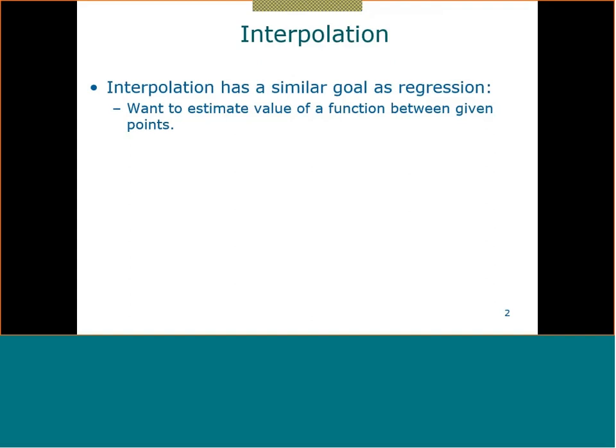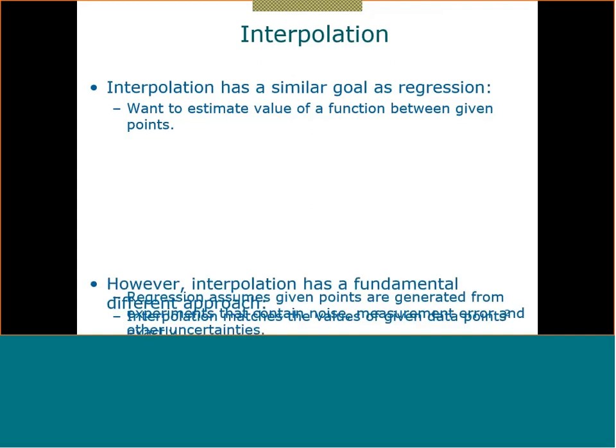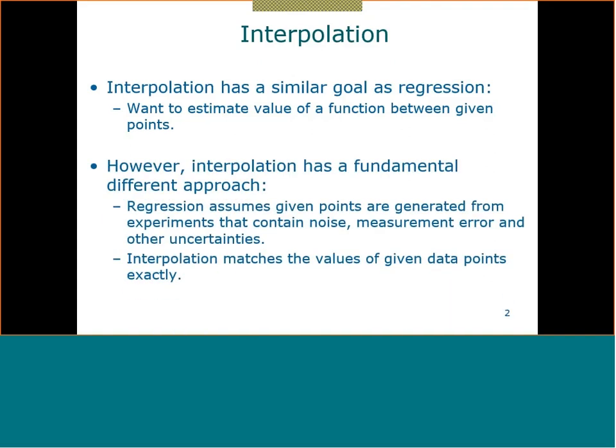Now, if I want to calculate the function outside these points, we use something called extrapolation. But here we only talk about interpolation. Now, what is the difference between interpolation and regression? So in regression, as you have seen, we assume first that the data has certain error, randomness,